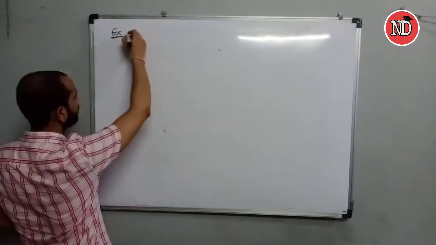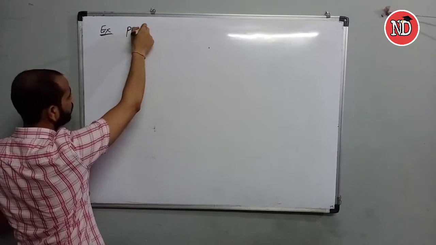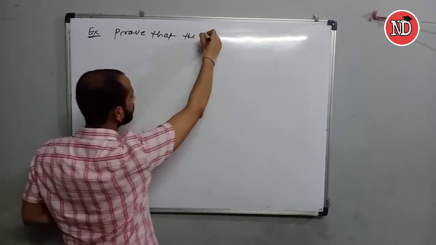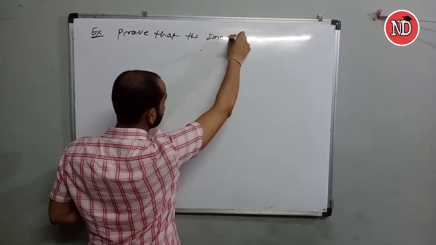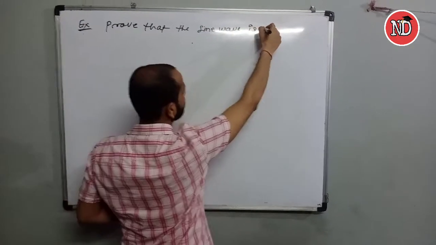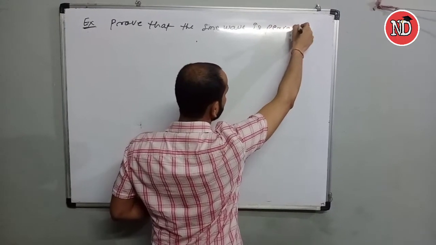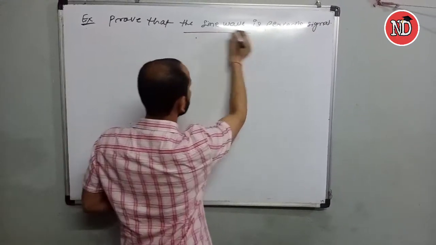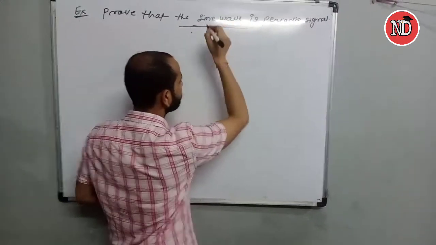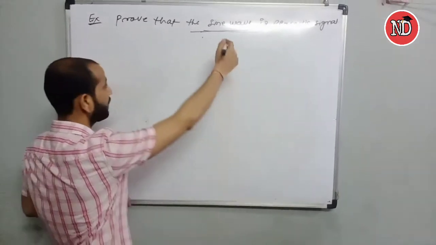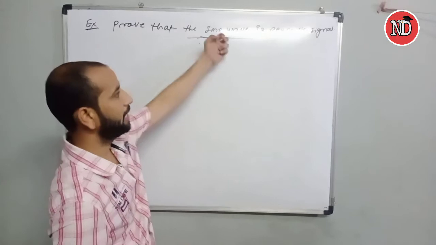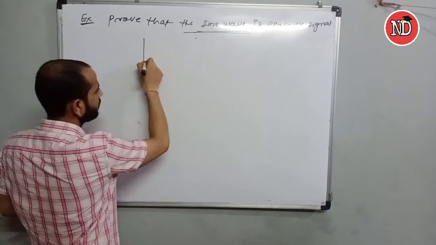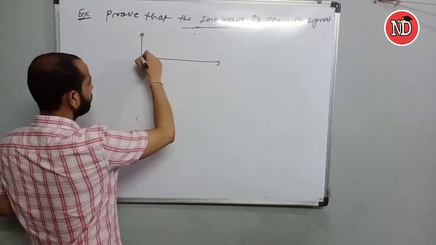So we have the example: prove that the sine wave is periodic signal. So this is the question, or this is the wave which we have to prove that is periodic or not. So the graphically represented sine wave is